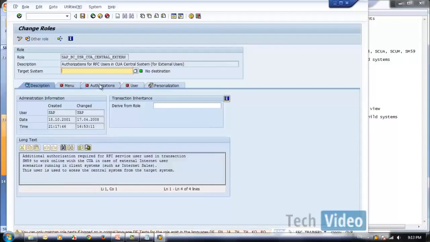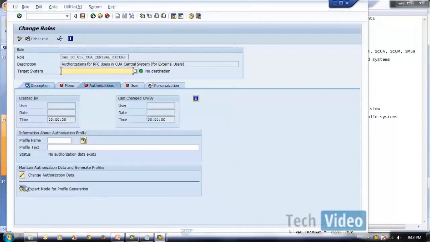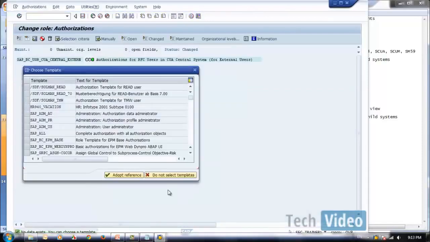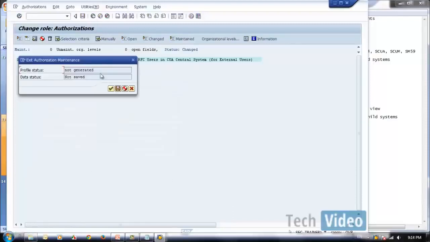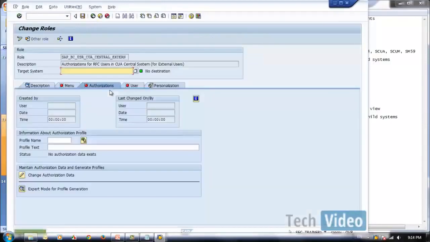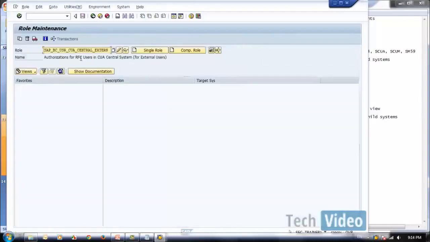For the external user, let's go to authorization, change. Actually there's a small mistake here. It seems this role does not have any authorization object.